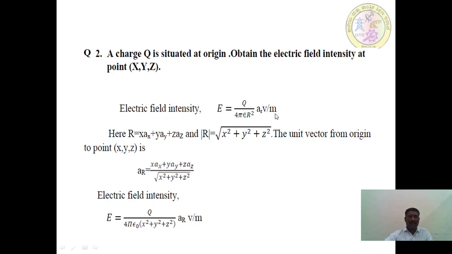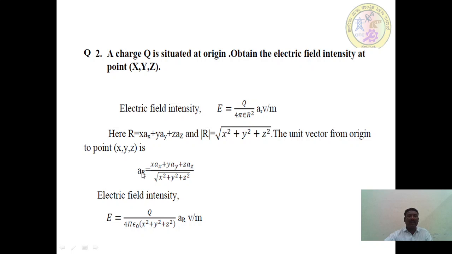The vector r is given by x into ax, the x coordinate into the unit vector ax, r is equal to x ax plus y ay plus z az, and the magnitude of r is given by the square root of x square plus y square plus z square. The unit vector from the origin to point P, x, y, z is